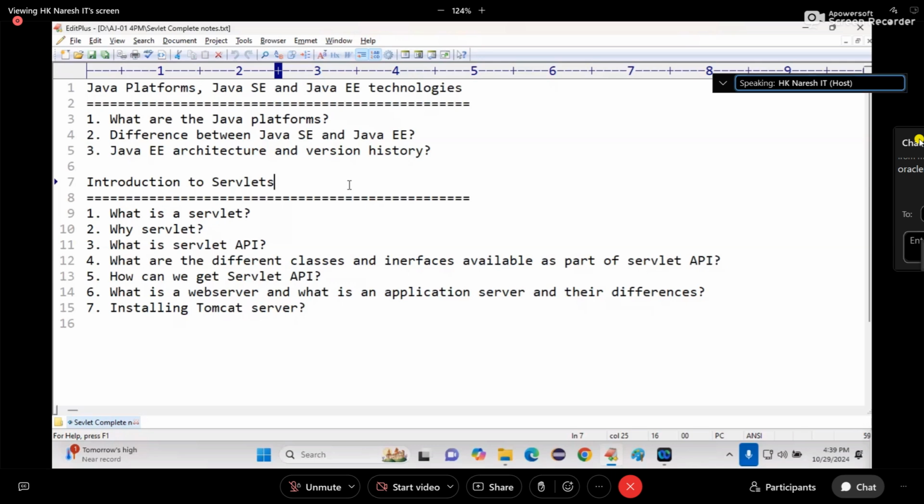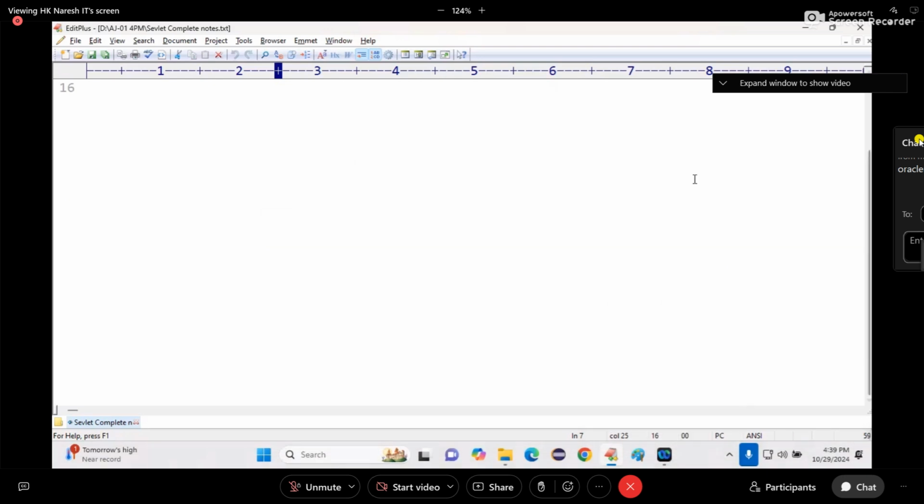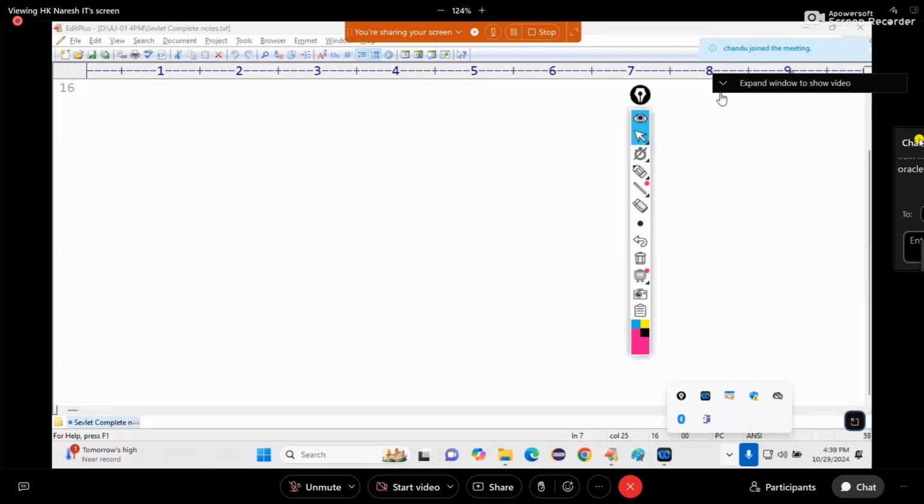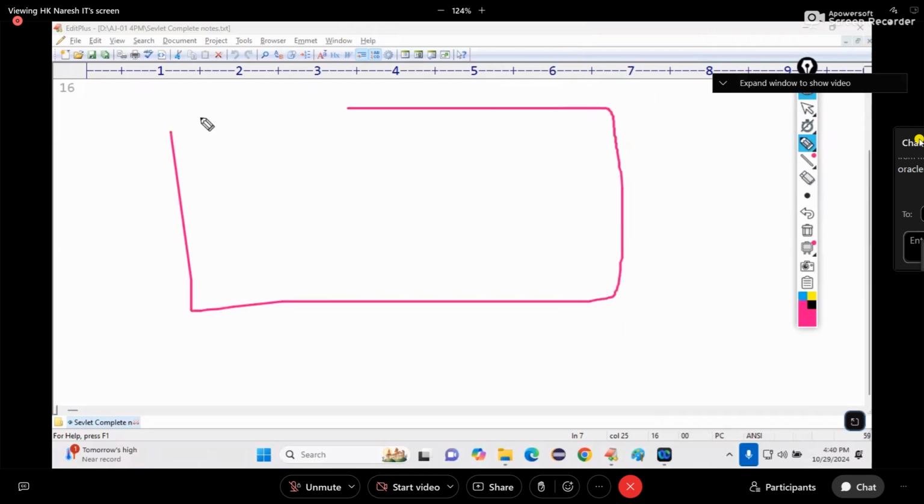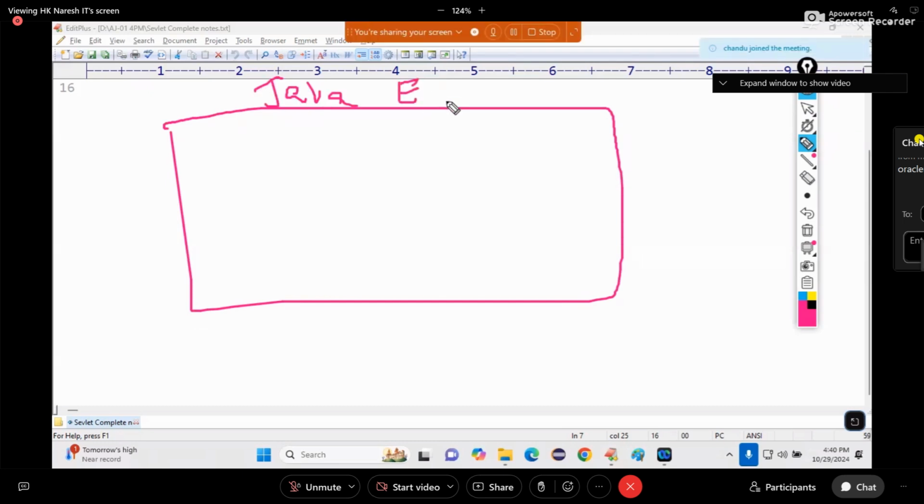Tell me what the meaning of Java EE architecture is. What does Java EE contain? Architecture means what? Simply boxes. This is Java EE. What does Java EE contain? How many technologies?